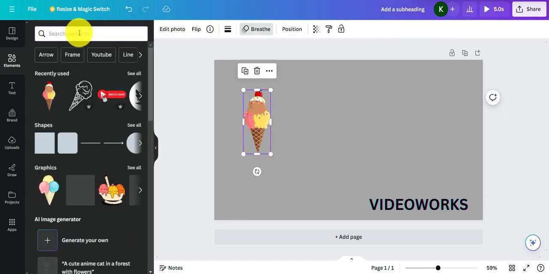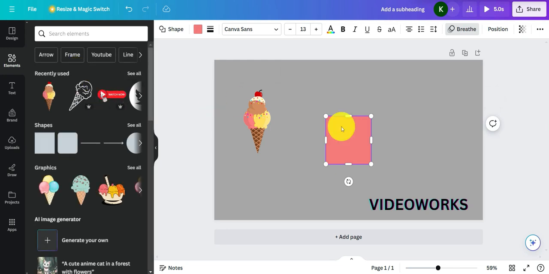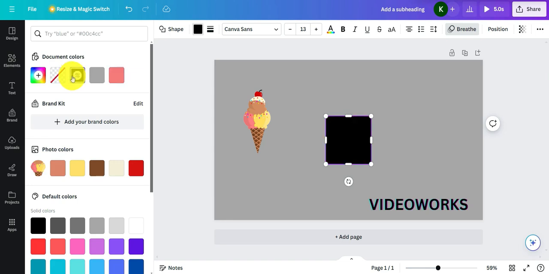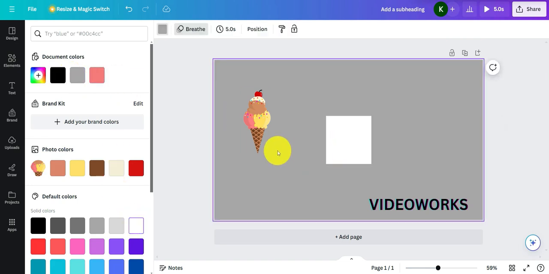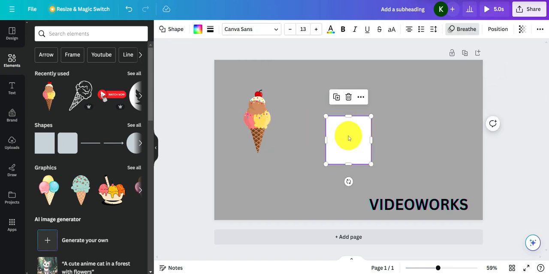Now I'll be selecting a rectangle. Okay, I'll change its color. I'll turn it into black. Okay, no, white works. Okay. So once we have added the elements, you'll notice a toolbar at the top. Here you can find the position. So once you are done with the element, here you can see the position option. You have to click on it, and then